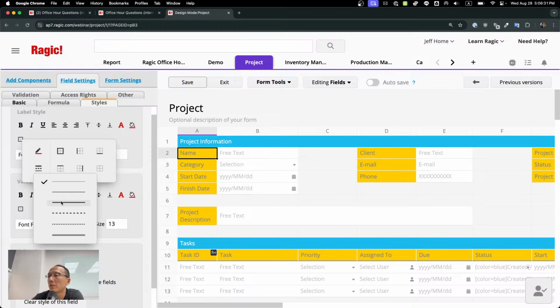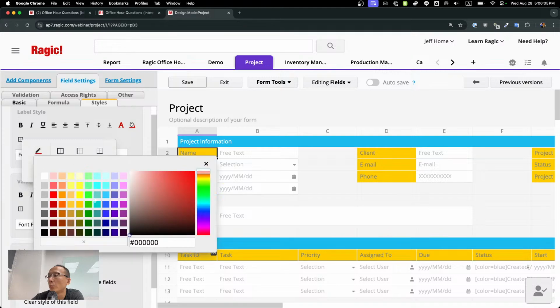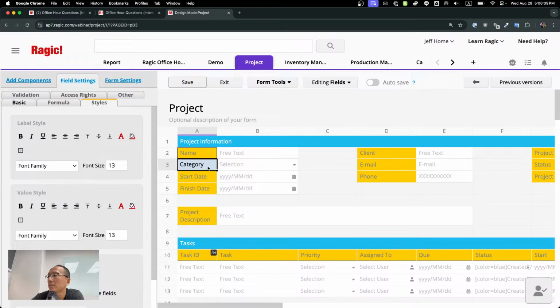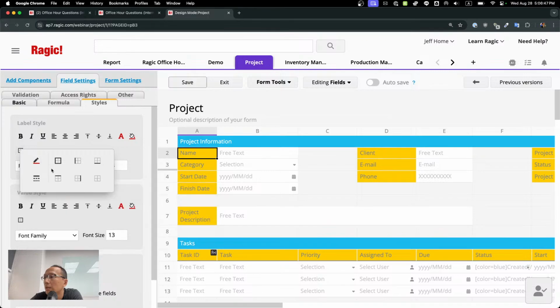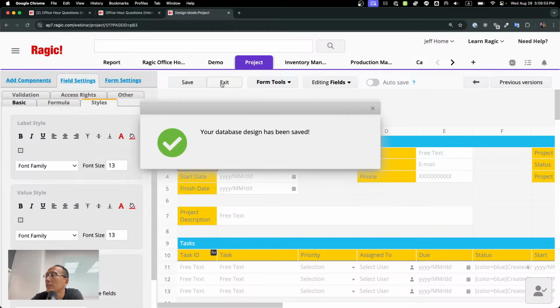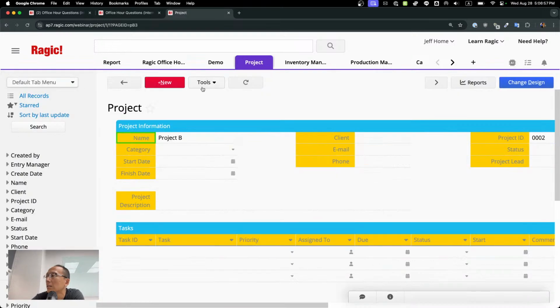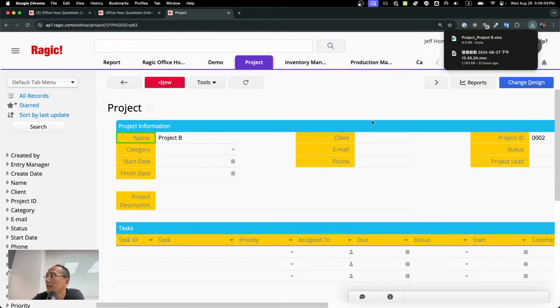Maybe a thicker one. And some weird color to make it obvious. Oops. Okay, there we go. So we have a border here, and we save it. And for download as Excel,